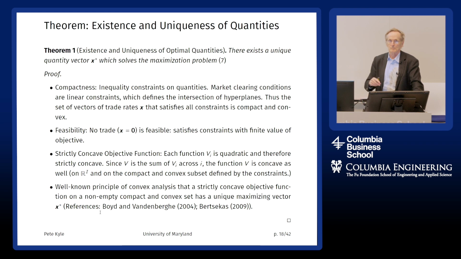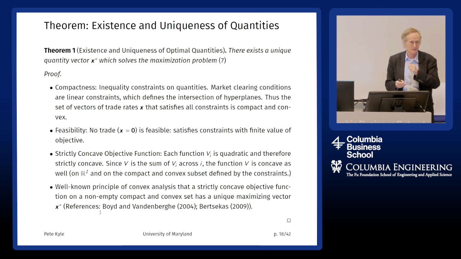Now, the more important details for our quadratic programming problem are the feasibility of the problem. And X equals 0, that is no trade, sits on the boundary of the feasible set, so it's not exactly making it feasible, but we're going to tweak the problem in a few minutes, and that's going to make it feasible. So the fact that no trade is a possible outcome is going to solve our feasibility problem.